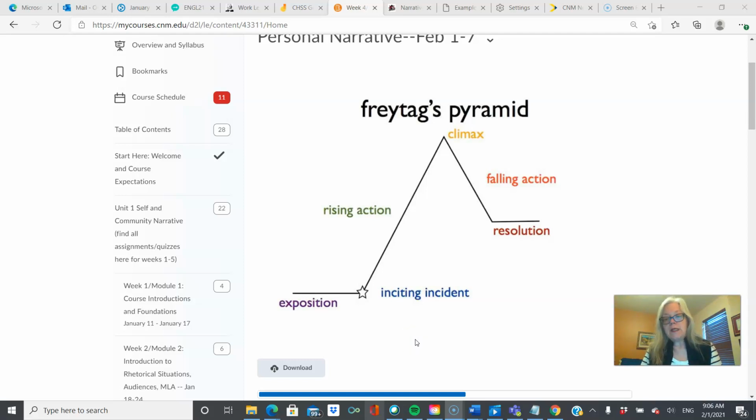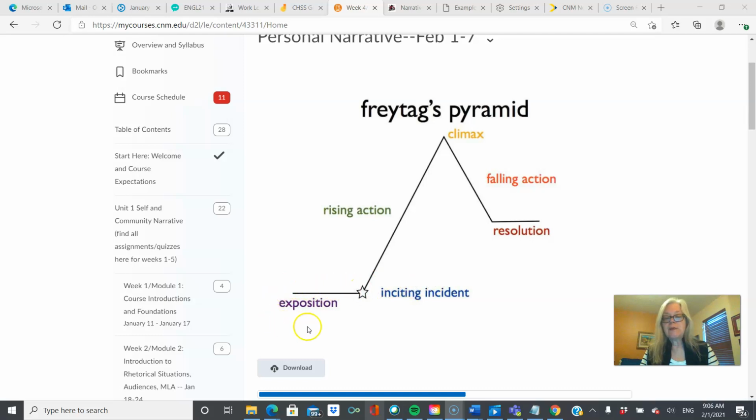This week we're going to be talking about how to build your essay. Narrative essay structure is very much like building a house. It even looks like a house. It has a peaked roof. Look at that. This is a Freytag pyramid design, and you will be building your essay essentially along these paths,